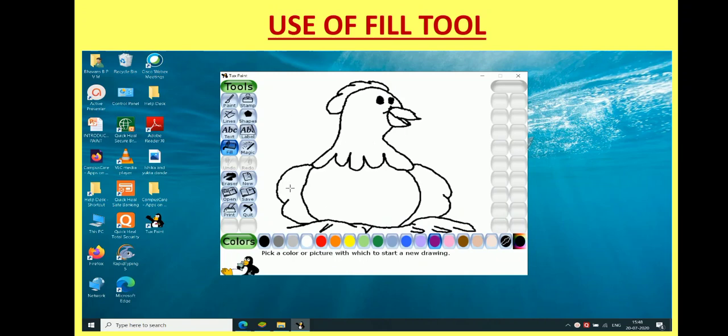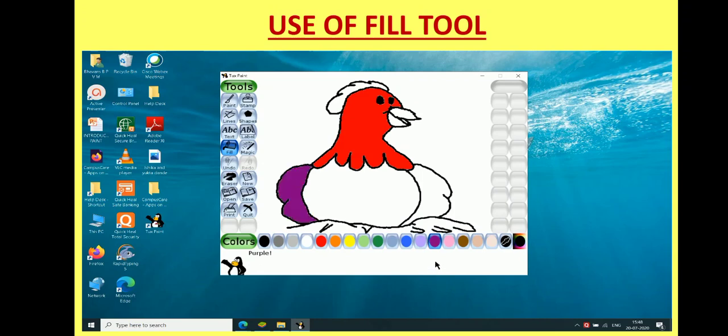Now if you want to fill colors in this drawing, then it's very easy with the help of fill tool. Choose the appropriate color, keep the left mouse button pressed and just click on the part which you want to fill with the selected color. The whole part will be filled with the chosen color.